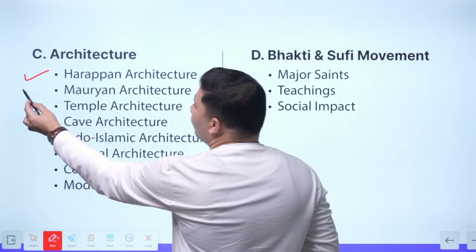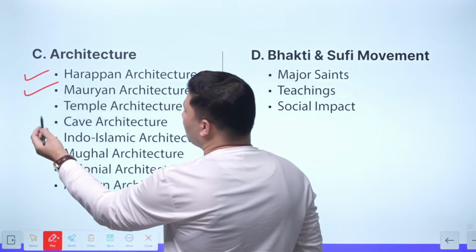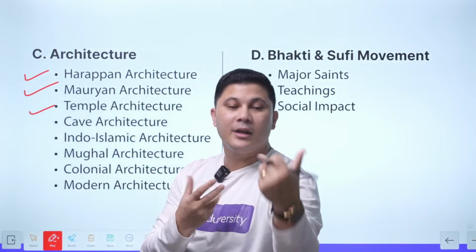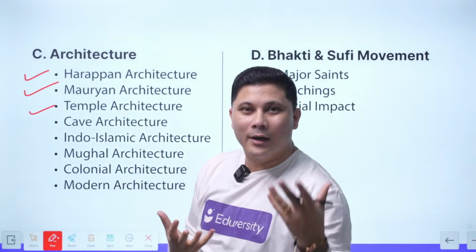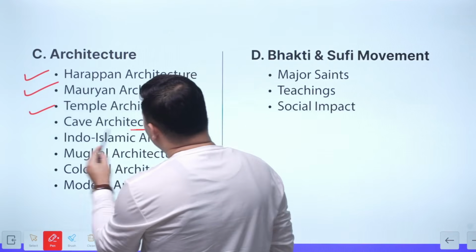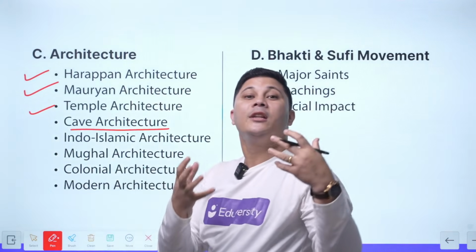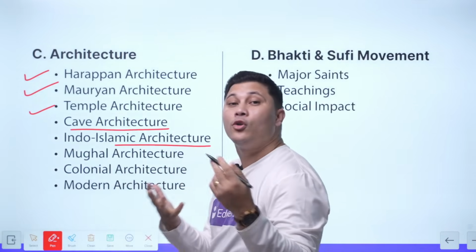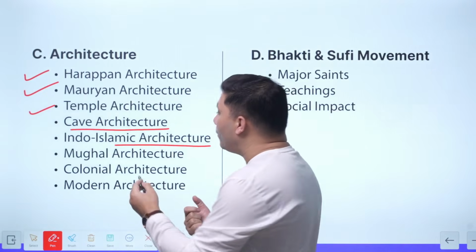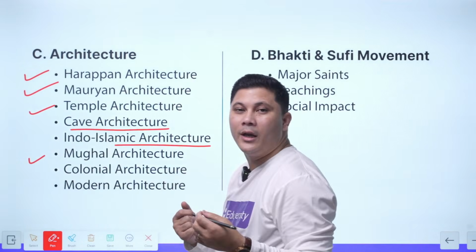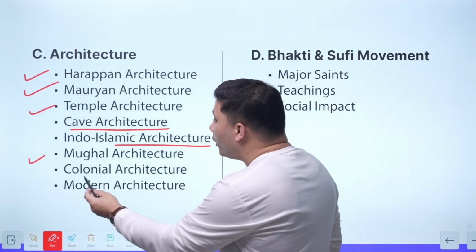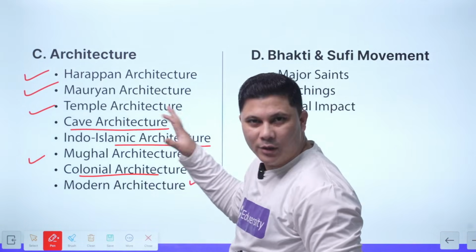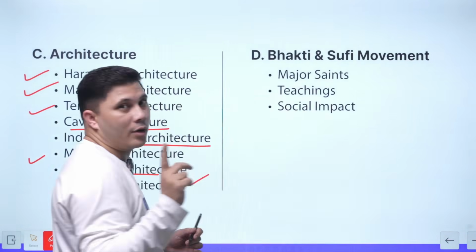Then we have to study the Mauryan architecture. Then the temple architecture, the Nagara temple architecture, Dravidian architecture, Vesara temple architecture. Then we have to study the cave architecture, like the Chaityas, the Viharas, Indo-Islamic architecture, like the tomb architecture. Then the Mughal architecture, paintings, mosque architectures, colonial architecture, Indo-Roman architecture, and the modern architecture we have to study. Along with that, one very important topic